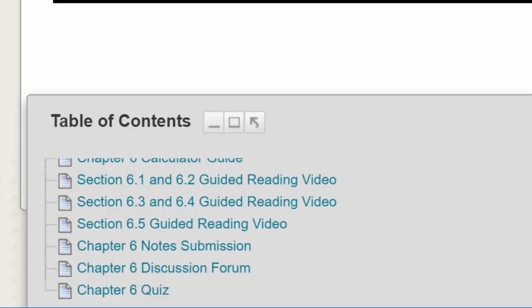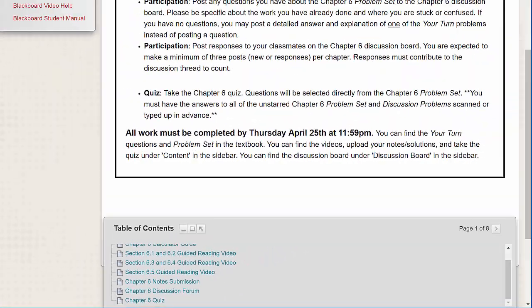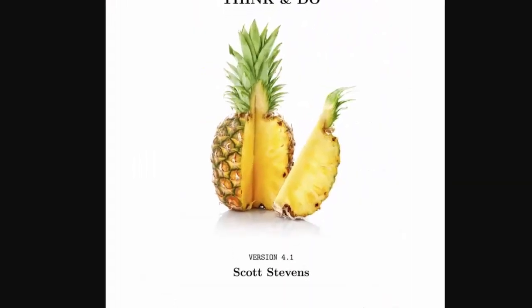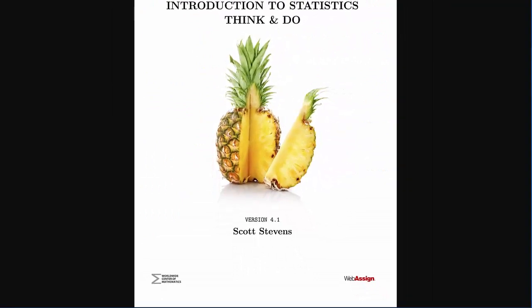Now let's talk briefly about the course content. The textbook that I use is Introduction to Statistics, Think and Do by Scott Stevens and published by the Worldwide Center of Mathematics. It's commonly known as the Pineapple Book. This book was recommended to me by several of my colleagues for 2 main reasons. First, it's only $10 for a PDF copy of the textbook, which can be purchased directly online and is thus